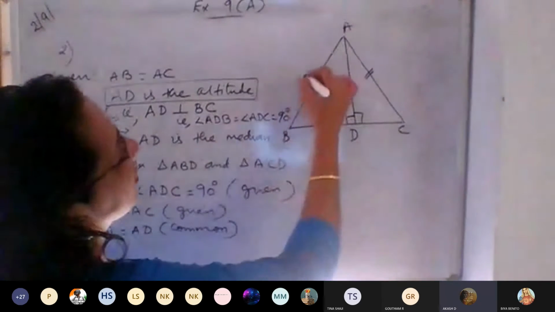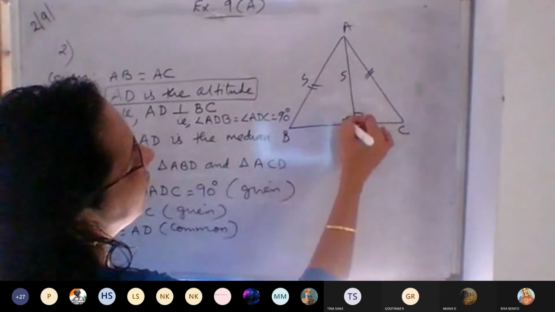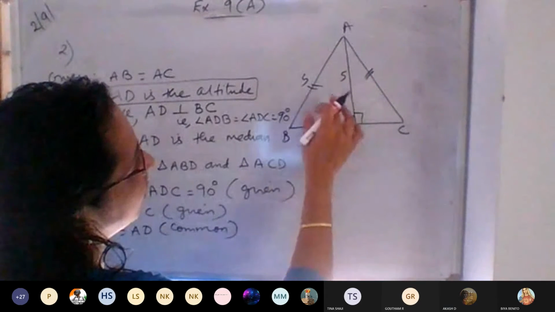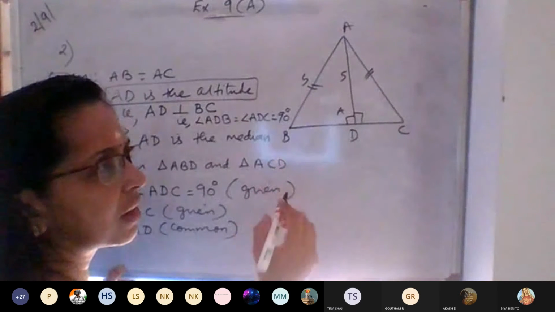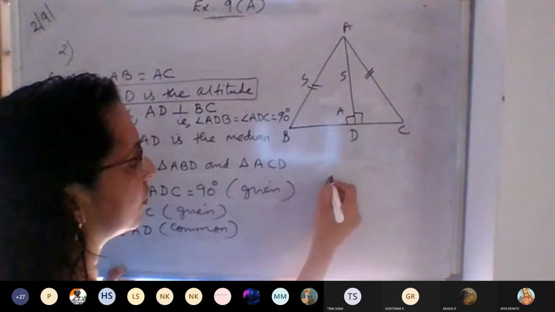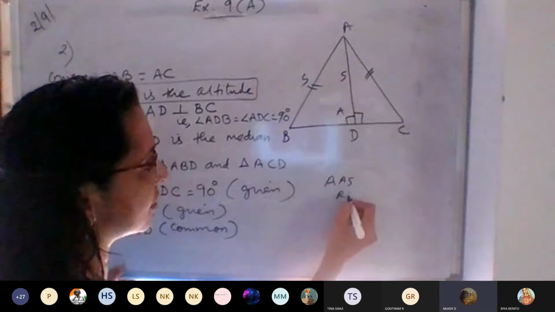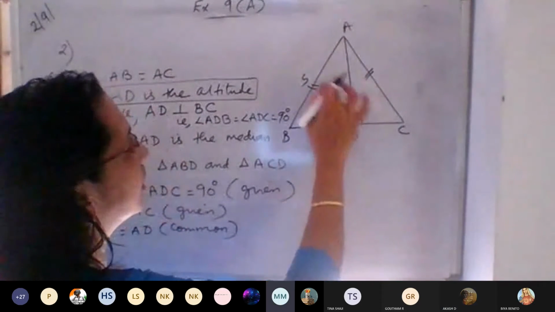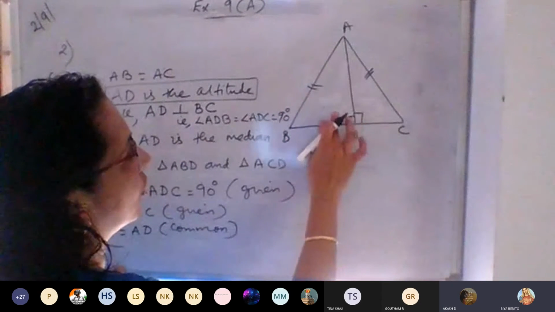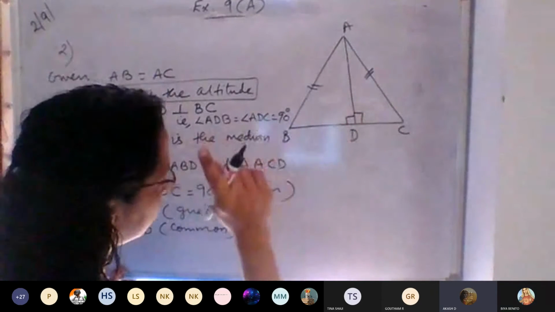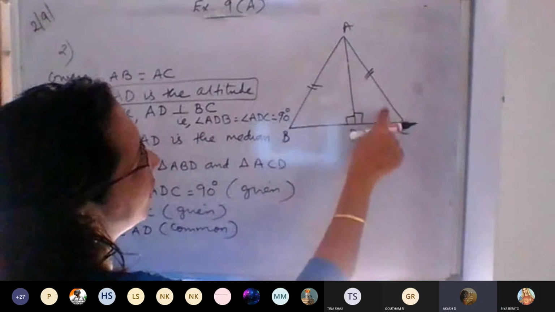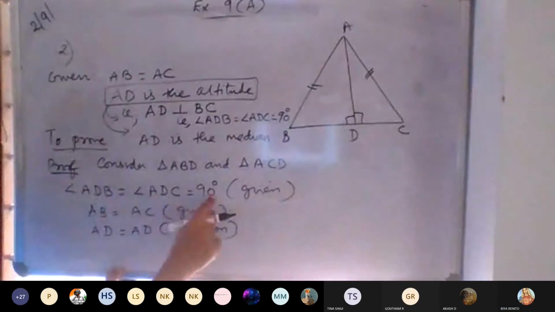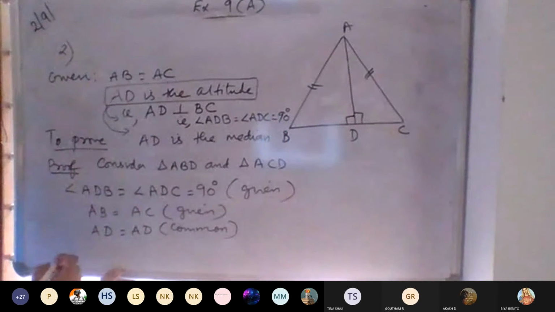Don't say triangle ABD like that way. Which question did I do? I forgot that. Instead of RHS we wrote like that way, no? Can we write that here? No, because there is a hypotenuse. The hypotenuses are equal, that is AB is equal to AC, which is given. So we can directly write, since it is 90 degrees, we can write RHS.